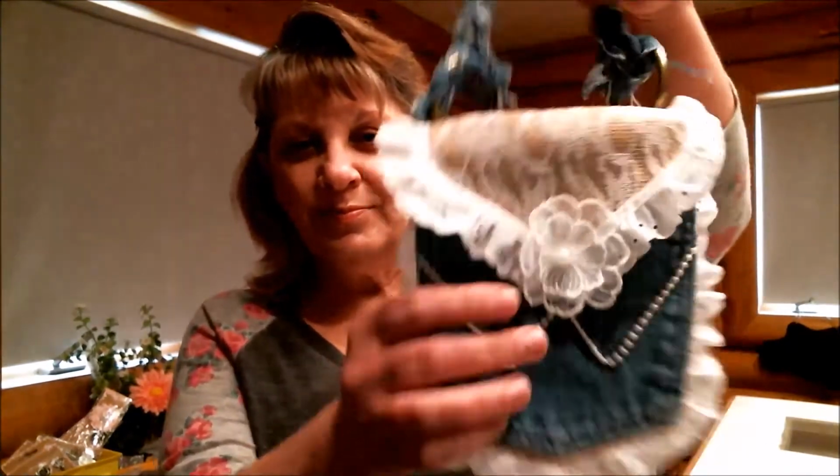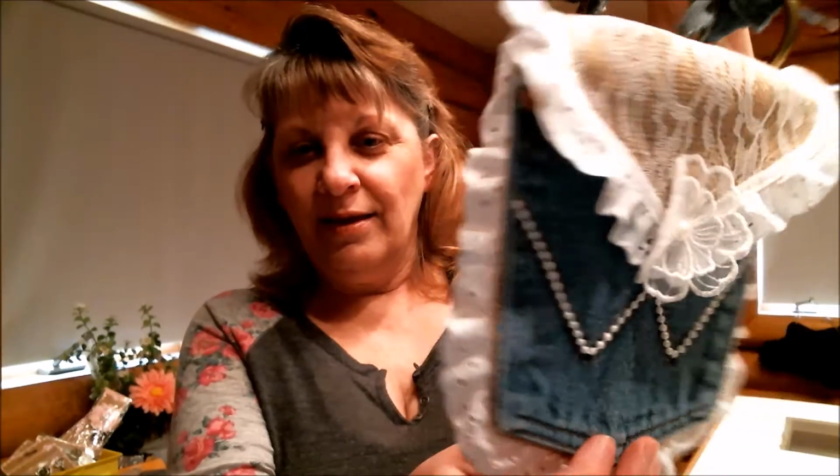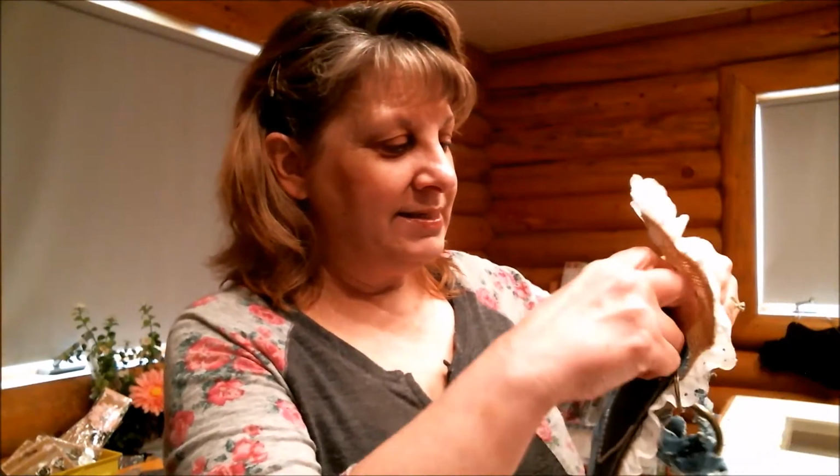And here's one that's already made. I got a little braided handle on this one, and it was made out of a pocket. And it is the perfect size for a cell phone. Just slide that right in there, and then you can slide in your chapstick, your credit cards, and if you're like me and you have a big cell phone, guess what? Here it is. I have a huge cell phone,